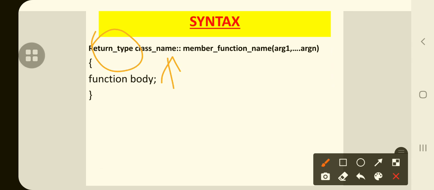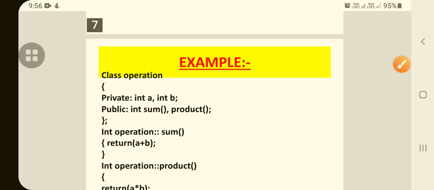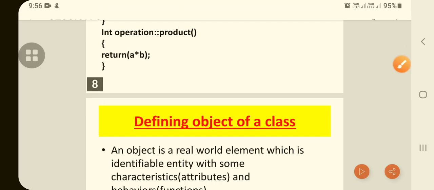The return type will be the integer data type, and the scope resolution operator will be there, and the member function name will be the name which is defined in the class, and the argument list for the variables included in the member function, and within the curly braces the function body will be there. Okay, so this is how we can access the member function outside of the class. So this we understood with the example.